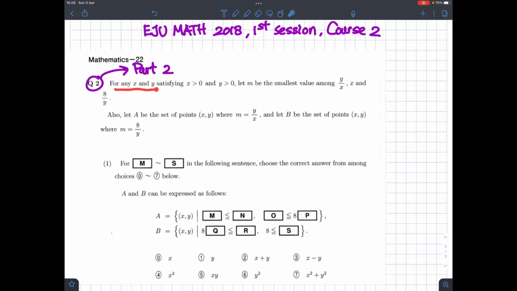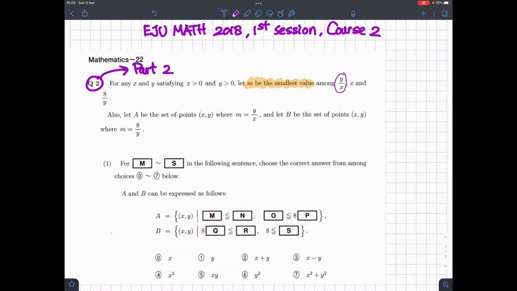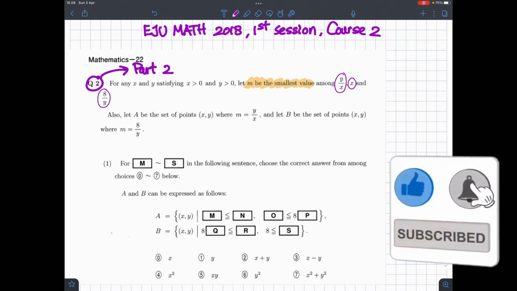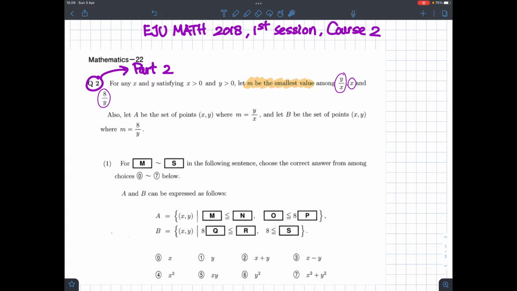For any x and y satisfying greater than 0 for both of them, it means x and y are positive numbers, and this is very important. M is the smallest value among y divided by x, x, or 8 divided by y. And here we can see they divide it into two cases. The first case is a,